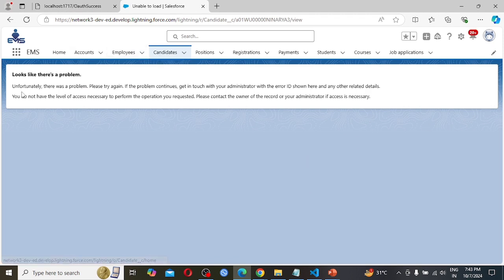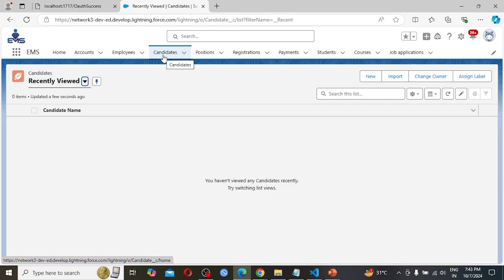On the candidate object, looks like there is a problem. Unfortunately, there was a problem. Please try again. If the problem continues, get in touch with your administrator with the error ID shown here and any other related details. So why are we getting this error?